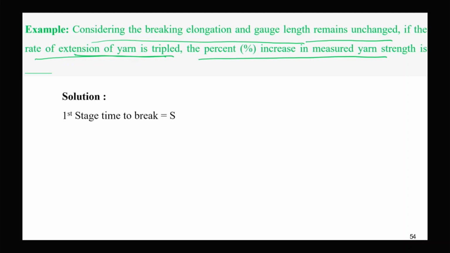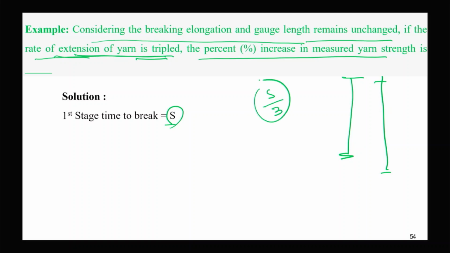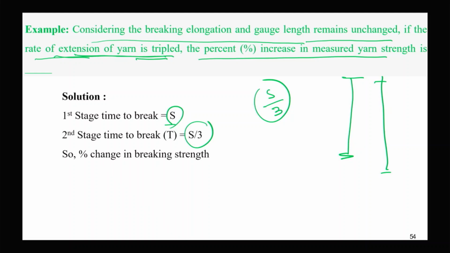we have discussed. In the first stage, breaking time is S. The gauge length remains the same and breaking elongation is also the same. So breaking time is S, and when we increase the rate of extension to 3 times, the breaking time will be S by 3. In the second stage, breaking time T will be S by 3. So from the standard relationship, you can see percent change in breaking strength is